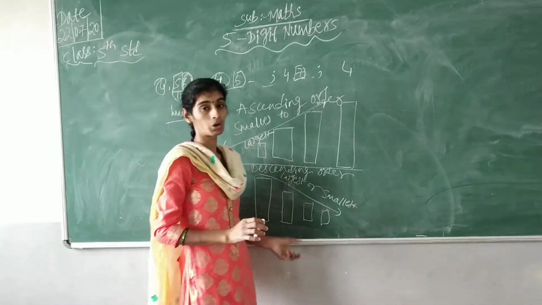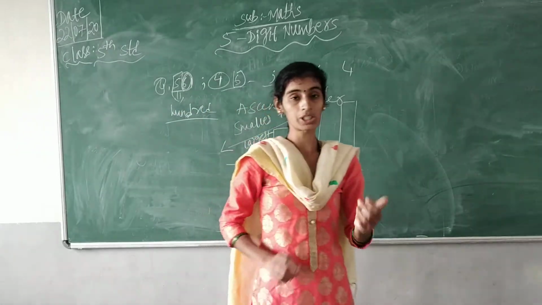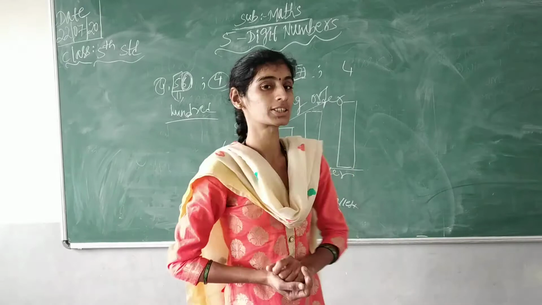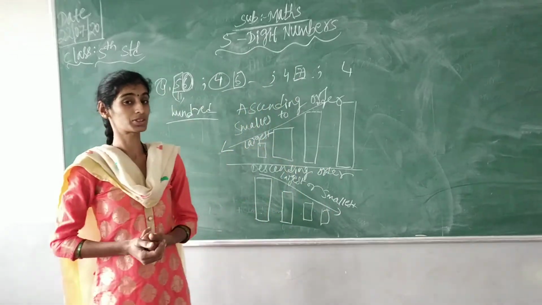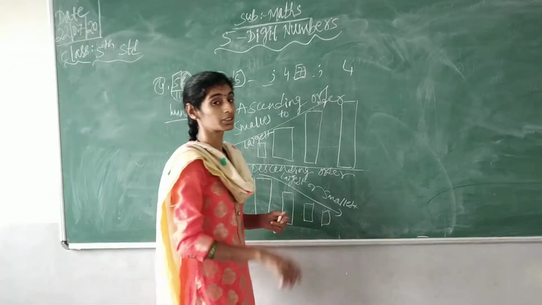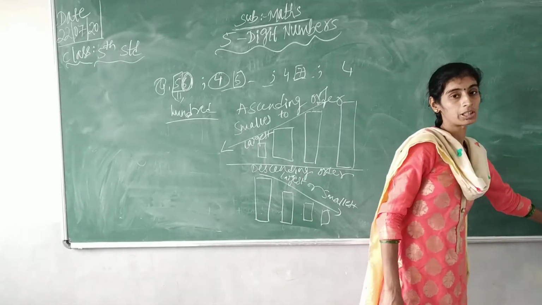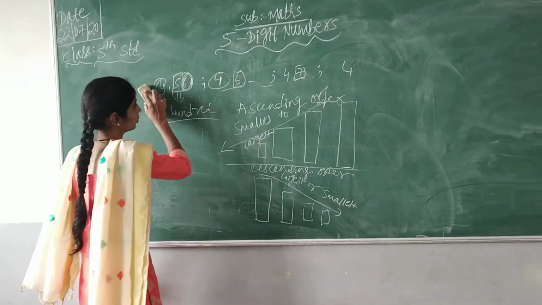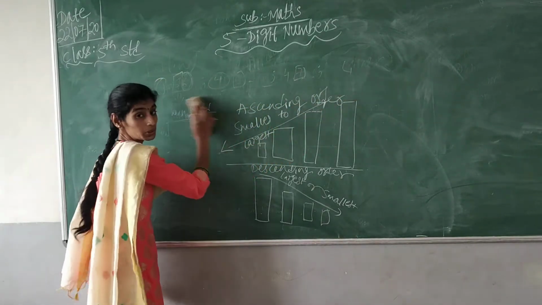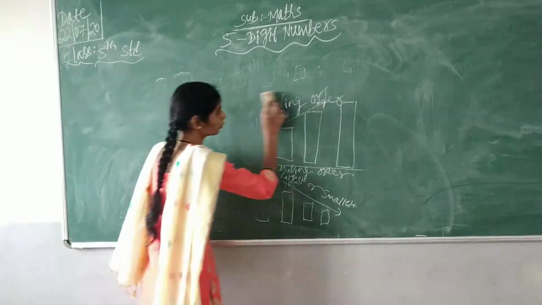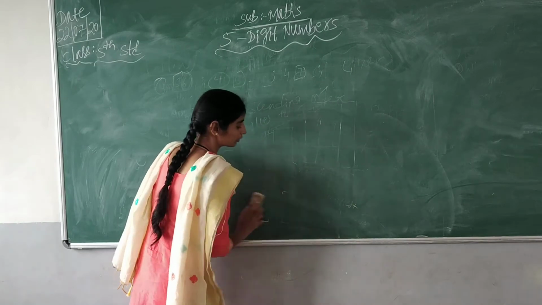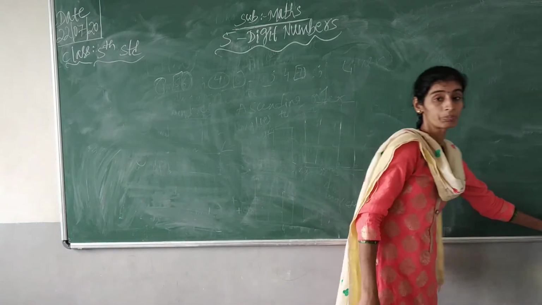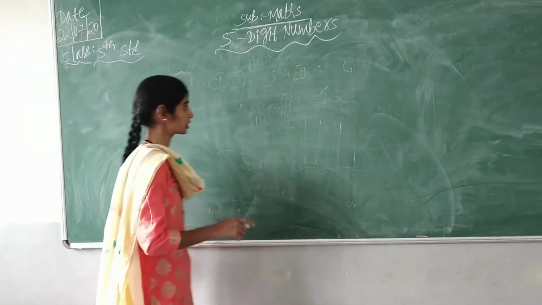So I hope you all have understood. In today's class, we are going to discuss 5-digit numbers. What, children? Yes, we will see 5-digit numbers. Before going to that, I'll give you some questions. You need to answer them. Are you ready, children? I'll give you a few questions, then I will start the 5-digit numbers. I hope these are very basic questions.